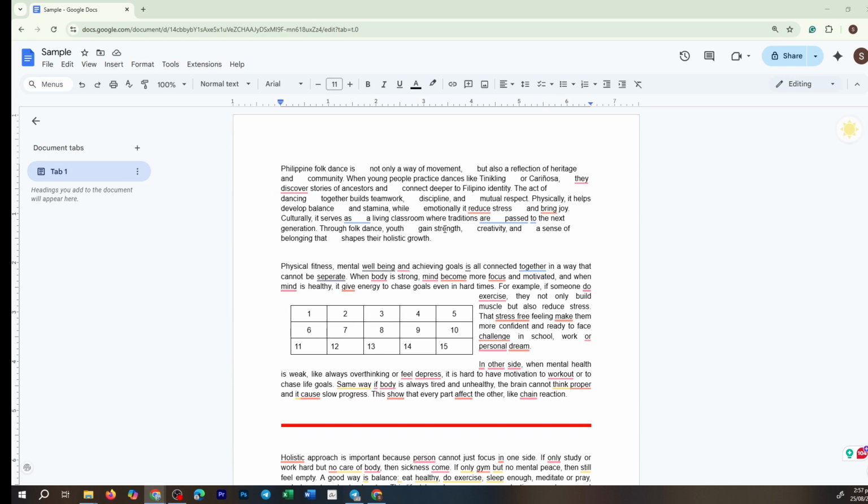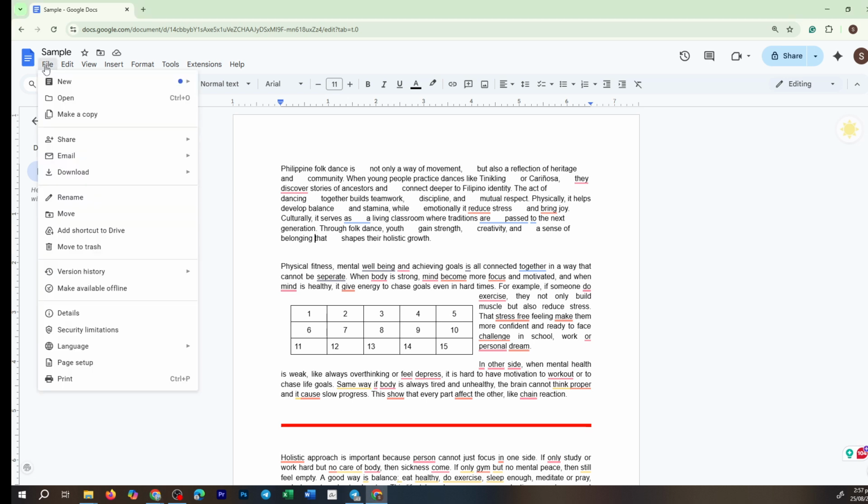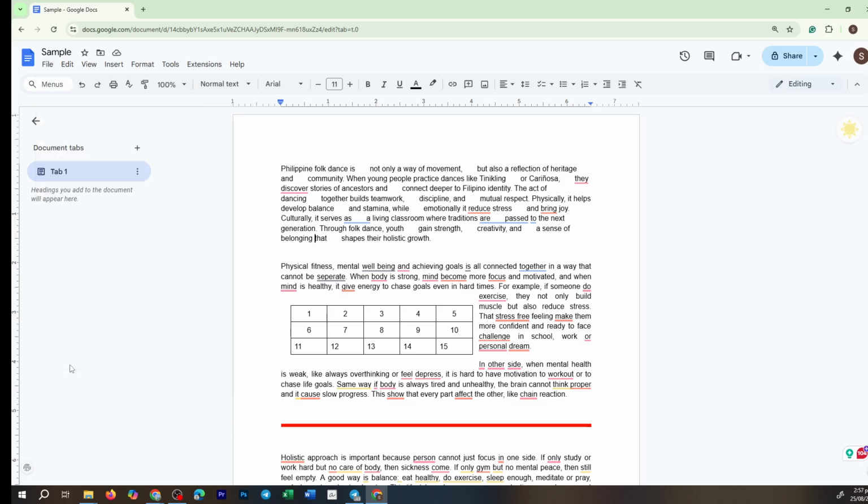First things first, open your Google Docs document where you'd like to format your book. Once your document is open, look towards the top left corner of your screen and you'll see the File option. Go ahead and click on that. This will open a drop-down menu with a variety of options, and from here you should select Page Setup. This is an important step because the page setup is where you can control the overall layout of your book